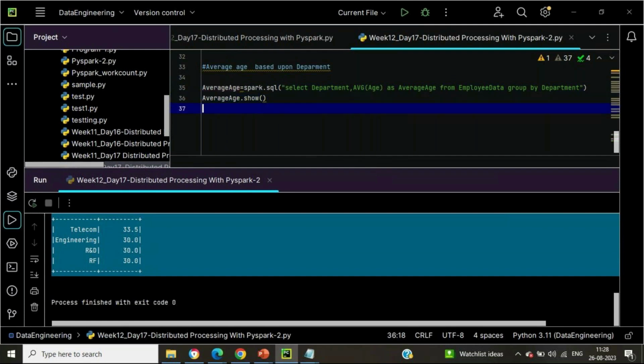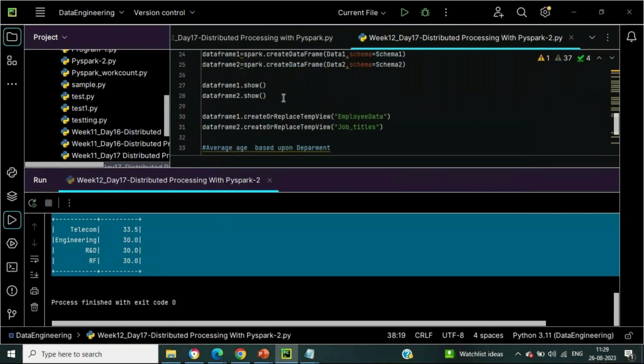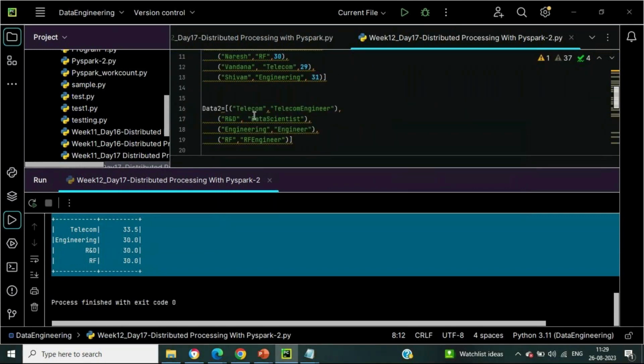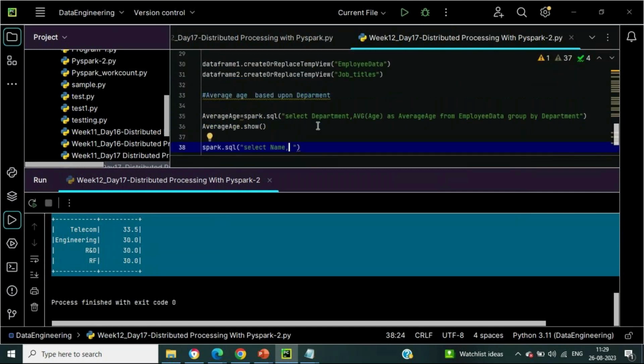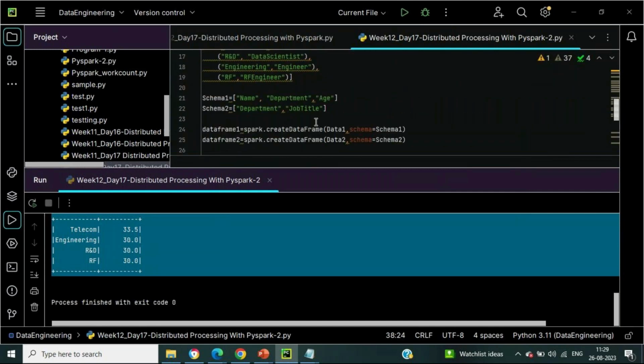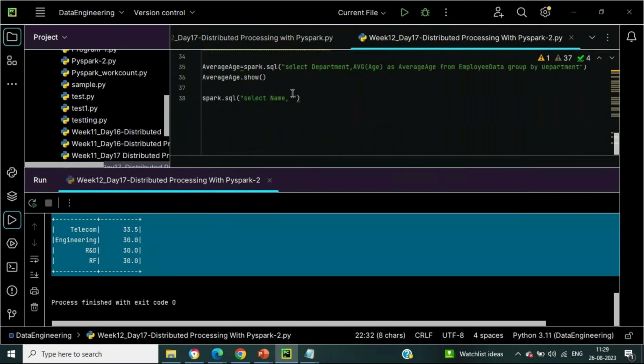So spark.sql, select name, comma, job title, from employee data,